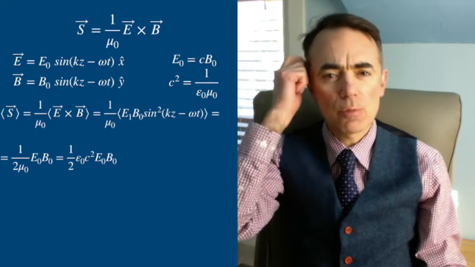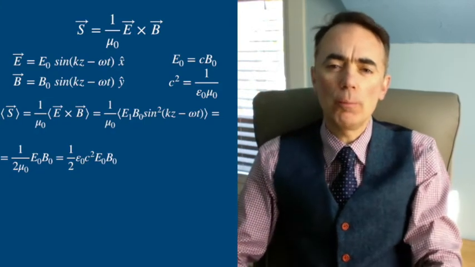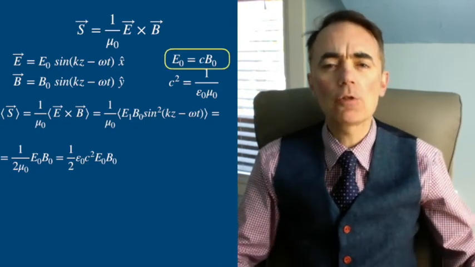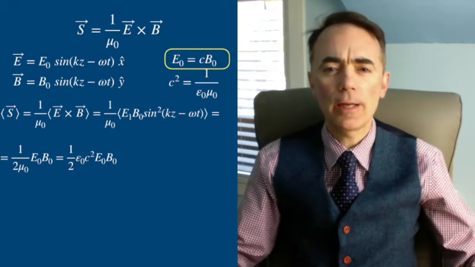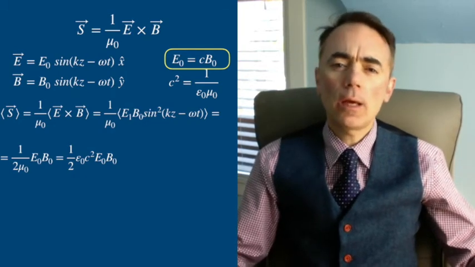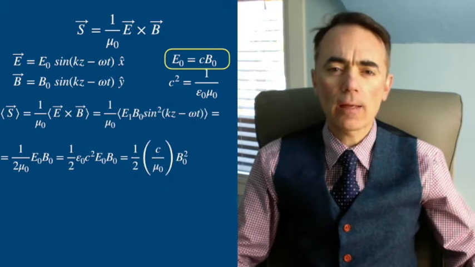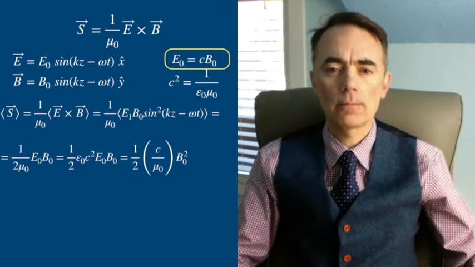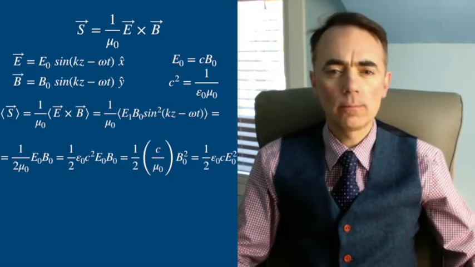Using the relationships we found in the previous video between the magnitudes of the B naught and E naught, we can rewrite this as, or